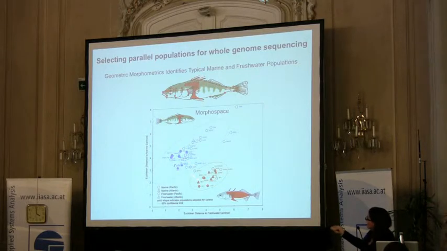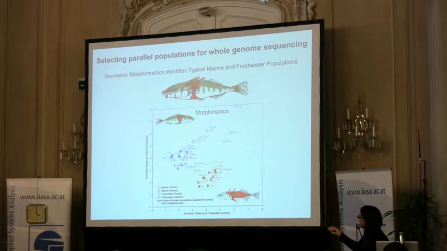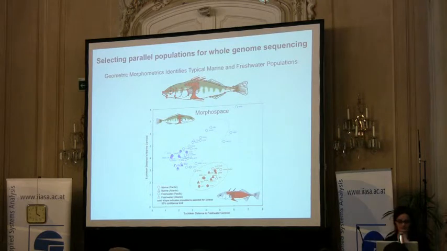The major axis of variation here is an axis which separates out the red marine fish from the blue freshwater fish. You can see there's a huge amount of morphometric variation in freshwater populations, but we wanted to concentrate on typical marine freshwater divergence. So rather than sequencing the genomes of some of these unusual freshwater fish, we concentrated on individuals from populations that were close to the ecotype centroid. That's what I've shown in solid colors here. So the filled-in dots are the ones we actually went forward and sequenced using Illumina technology.